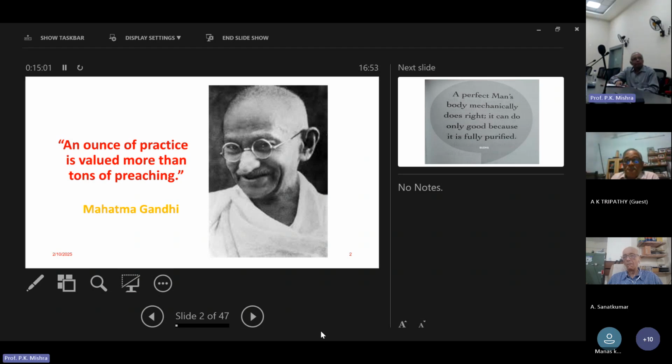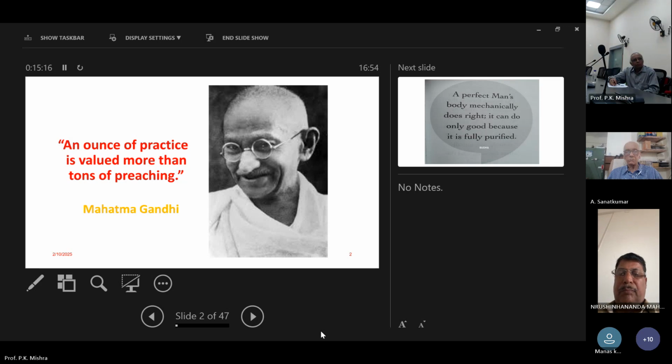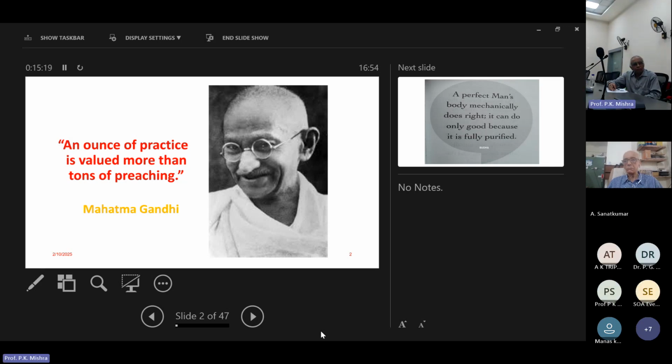Like my favorite topic, an ounce of practice is valued more than tons of preaching. It is concerned with teaching because, since my childhood, I have had a dream to develop our own state, nothing but India, into something equivalent to any other country. That was my ambition. As a matter of fact, I chose this topic because of the death of Mahatma Gandhi